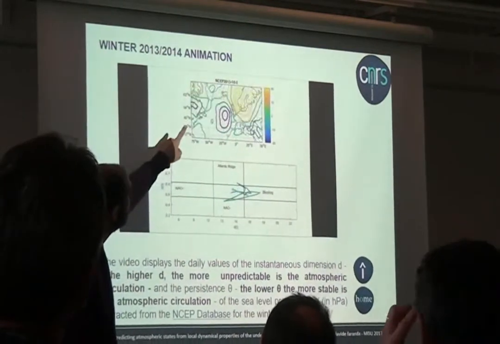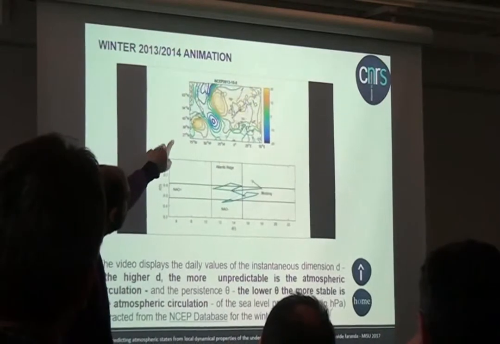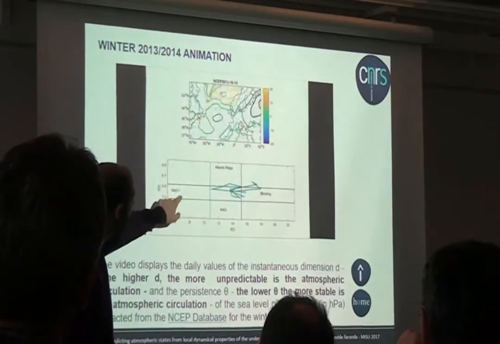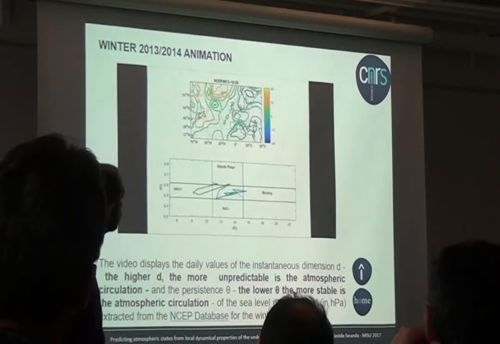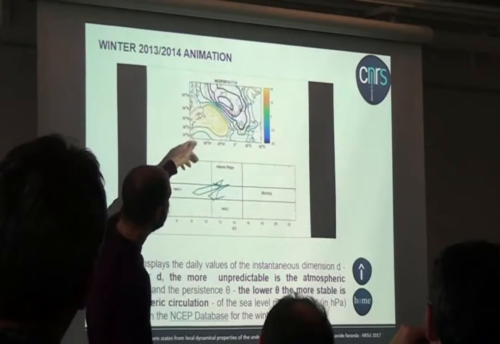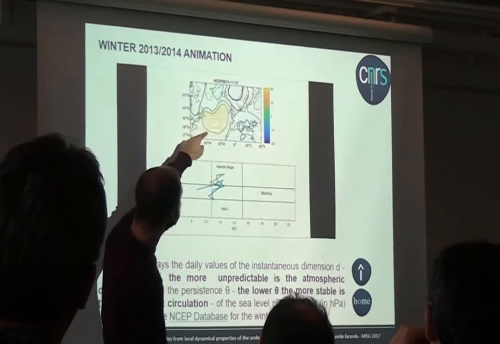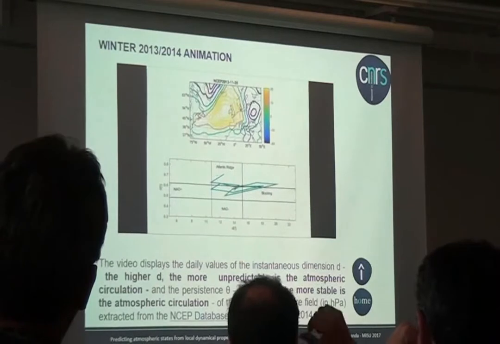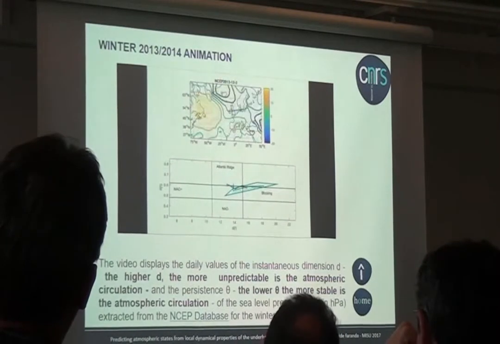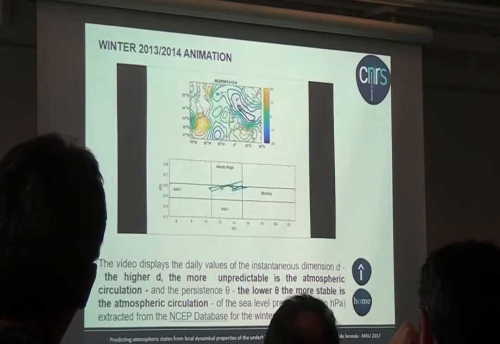So this is October. Then the storms will come and we will be in this region. Here you see, it goes a bit fast, but when there is this ridge pattern, in fact, it is there. It's the way we got convinced also visually that it's not just